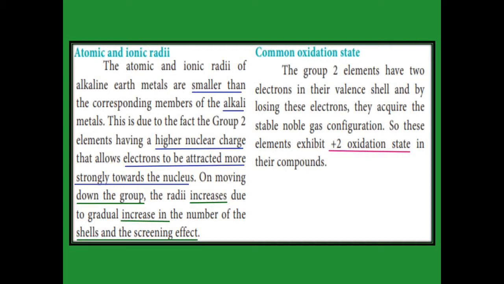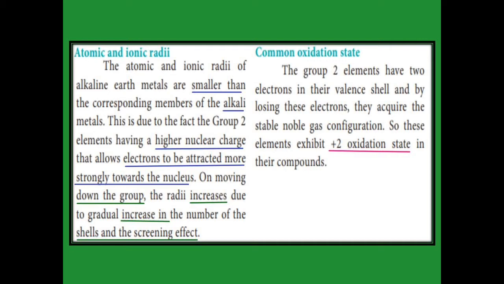When compared to the alkali metals, the atomic size of alkaline earth metals decreases, that is, they have a smaller size. Why is it smaller? Period wise, atomic size always decreases because of the higher nuclear charge. It is one of the reasons, and also the electron enters the same orbital. That electron is attracted more strongly towards the nucleus, so the size decreases across the period. Group wise, the atomic radius increases because the number of shells increases, and the screening effect also increases, so the atomic size also increases.